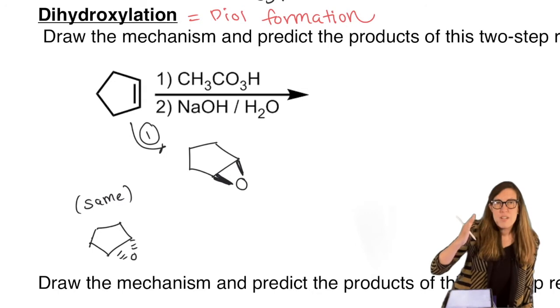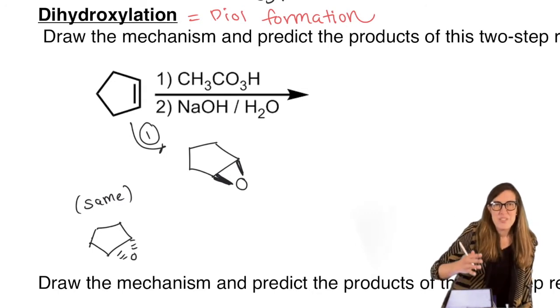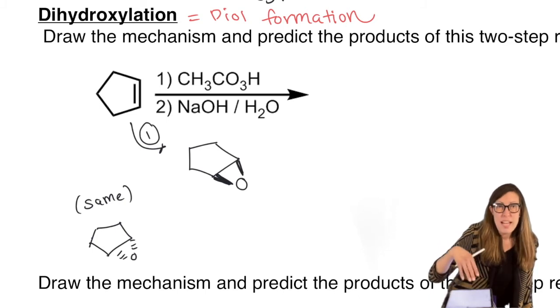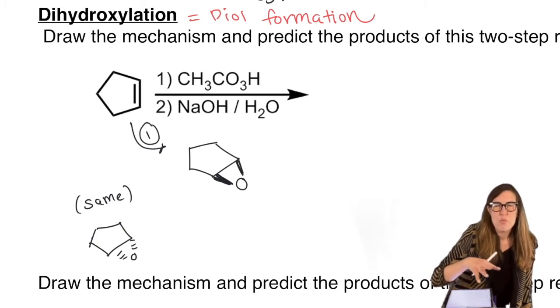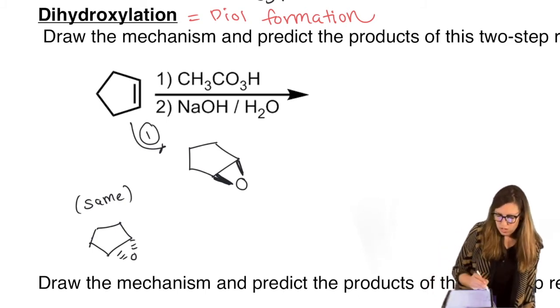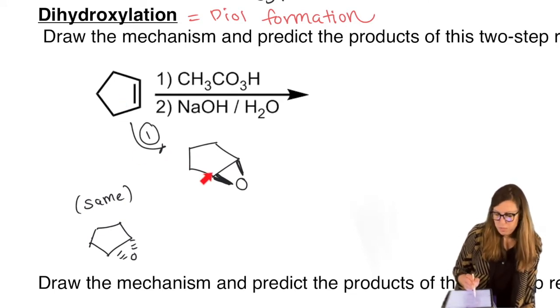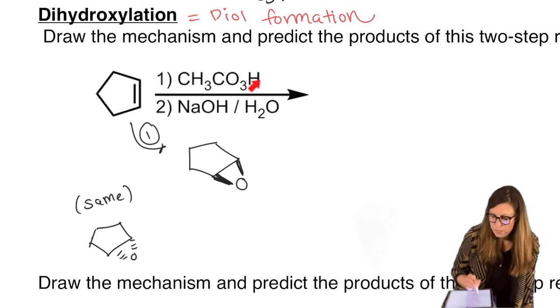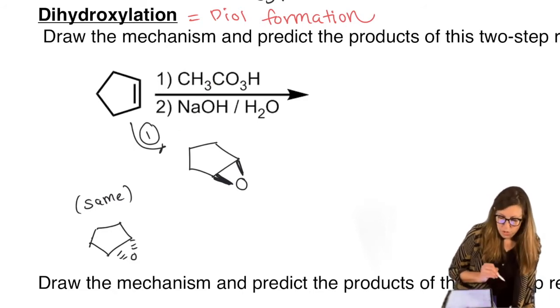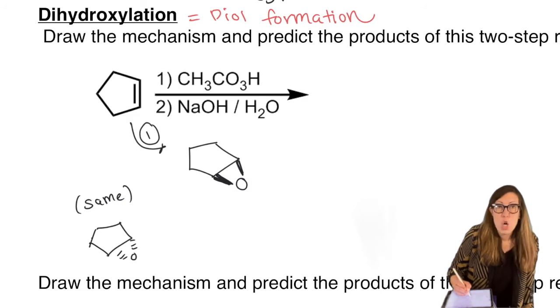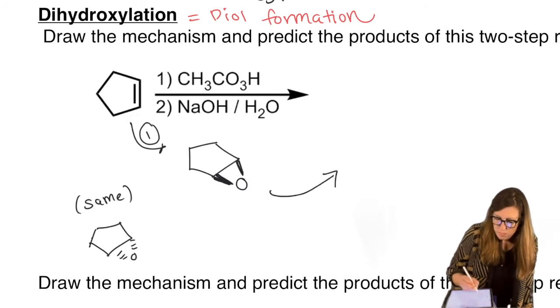Now, every time I've covered a mechanism in lecture videos, I'm not going to be doing that same mechanism every time. We just would run out of time for it. So if that bothers you, this step 1, go back to the previous video and do the mechanism again, okay? But I'm going to take it for granted that we know an alkene becomes an epoxide with the addition of RCO3H. Step 2, I'm going to show you this mechanism that we can open an epoxide with base,